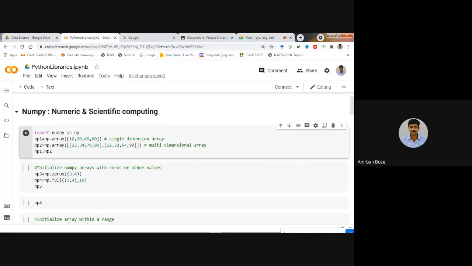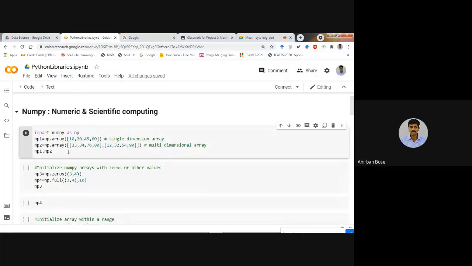Okay, so np2 is a multi-dimensional array that is created in this way. Two lists have actually been passed here, as you can see, and within this list there are two items, and each of the items is a list.